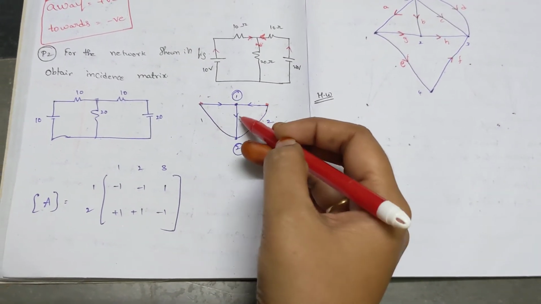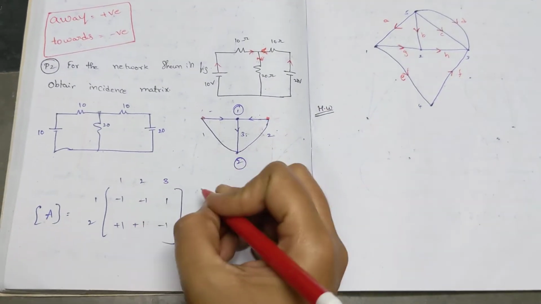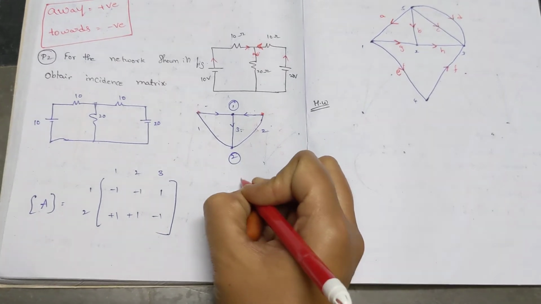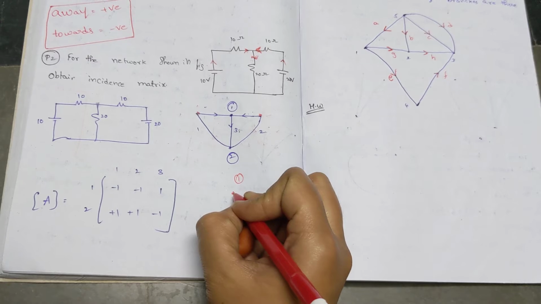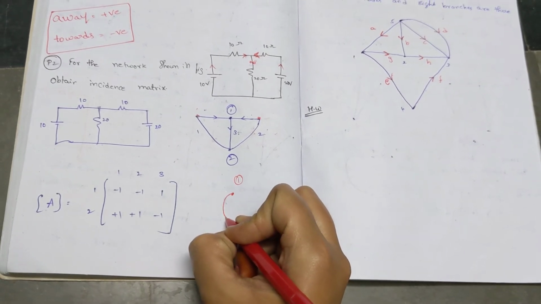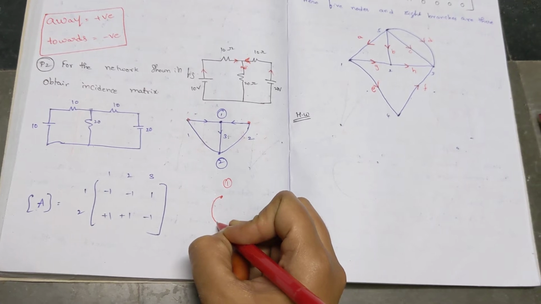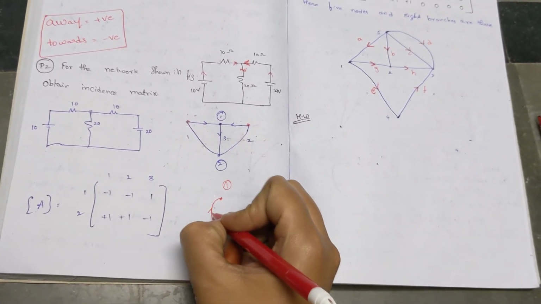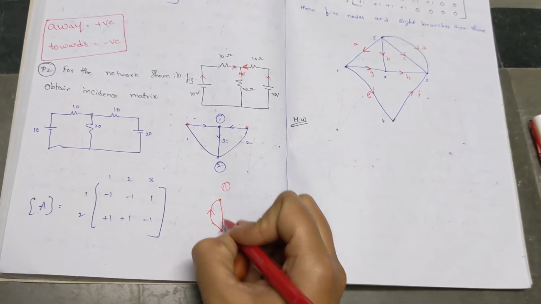And 1, 2, 3, 4, 5. 5 branches. So the final graph will be first node and second node, whatever the series element, no current deviations is happening. So I am considering from 2 to 1 and 1 to 2